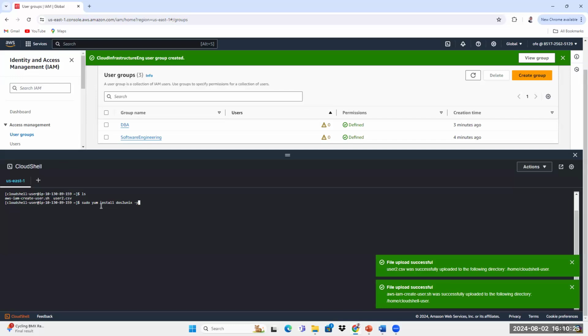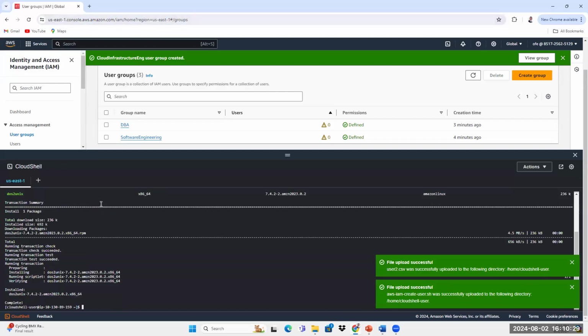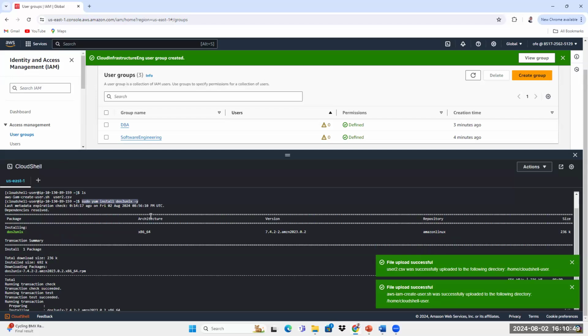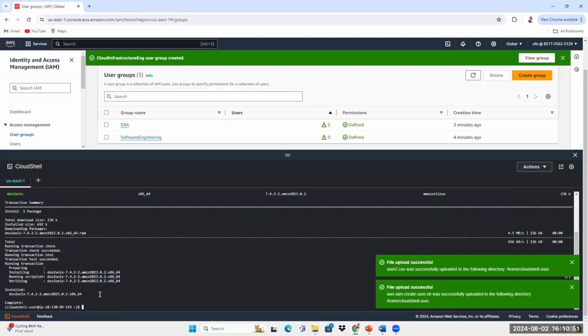The y there means yes. So what is this command doing? Let me explain. This command installs a package called dos2unix on the Linux system, ensuring that the installation process completes without prompting the user for confirmation. That's what that command does. So let me clear